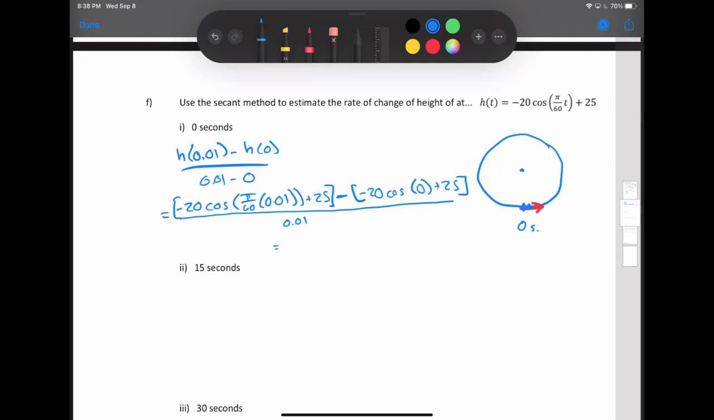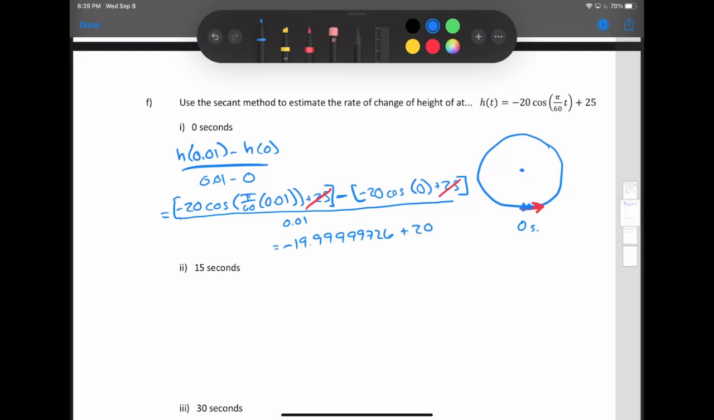Now, just because the space on this is a little bit tricky, I'm going to try and shorten my writing a little bit. The 25 and the minus 25 cancel. And so this is really going to be negative 20 cos pi over 60 times 0.01, and so on. When I punch that into my calculator, I get out negative 19.99999726